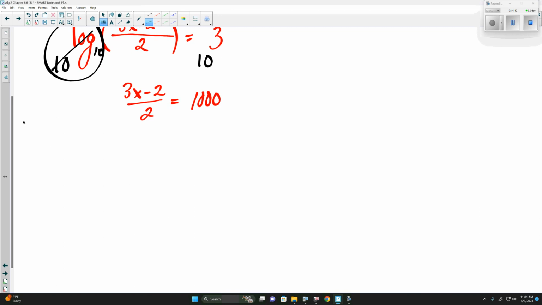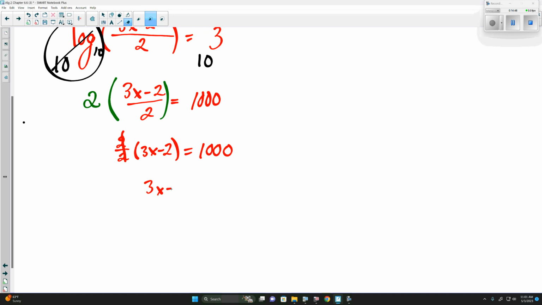Now we can't really cancel out the -2 and 2, but it would be nice to simplify that fraction. Well, what can we multiply this by to get the 2 in the denominator to simplify? Because 2 times 1/2 is 1. Or really, we're saying that we have 2 over 2 times 3x minus 2. Well, the 2 divided by 2 is 1. So we just have 3x minus 2 is equal to